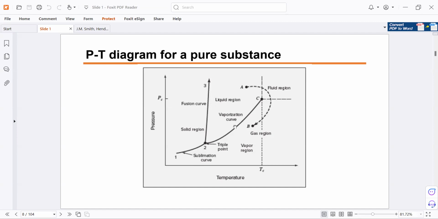Say we have a point on the vaporization curve, which is equilibrium between the liquid and the vapor. If I choose a pressure, automatically on this line, since the degree of freedom is 1, I can only choose the pressure. There's no choice for the temperature. It's already determined by determining the pressure. So that's what it means to have a degrees of freedom equal to 1.